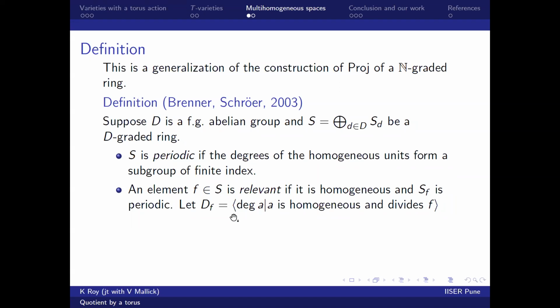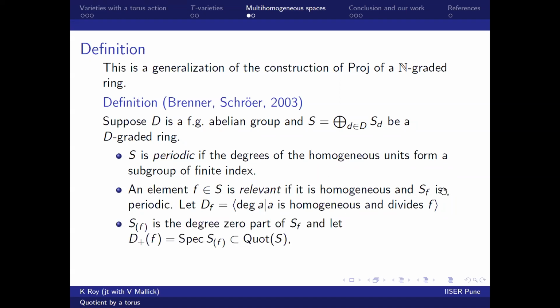And here we define D_F. D_F is basically you take all the homogeneous divisors of F, and you take their degrees and define the cone induced by them. And here is S round bracket F. It is the geometric quotient, the degree 0 part of S_F, and because it is a principal homogeneous bundle over S round bracket F, this is a geometric quotient of Spec of S_F to Spec of S round bracket F, and this action, the global action Spec of D on Spec of S,